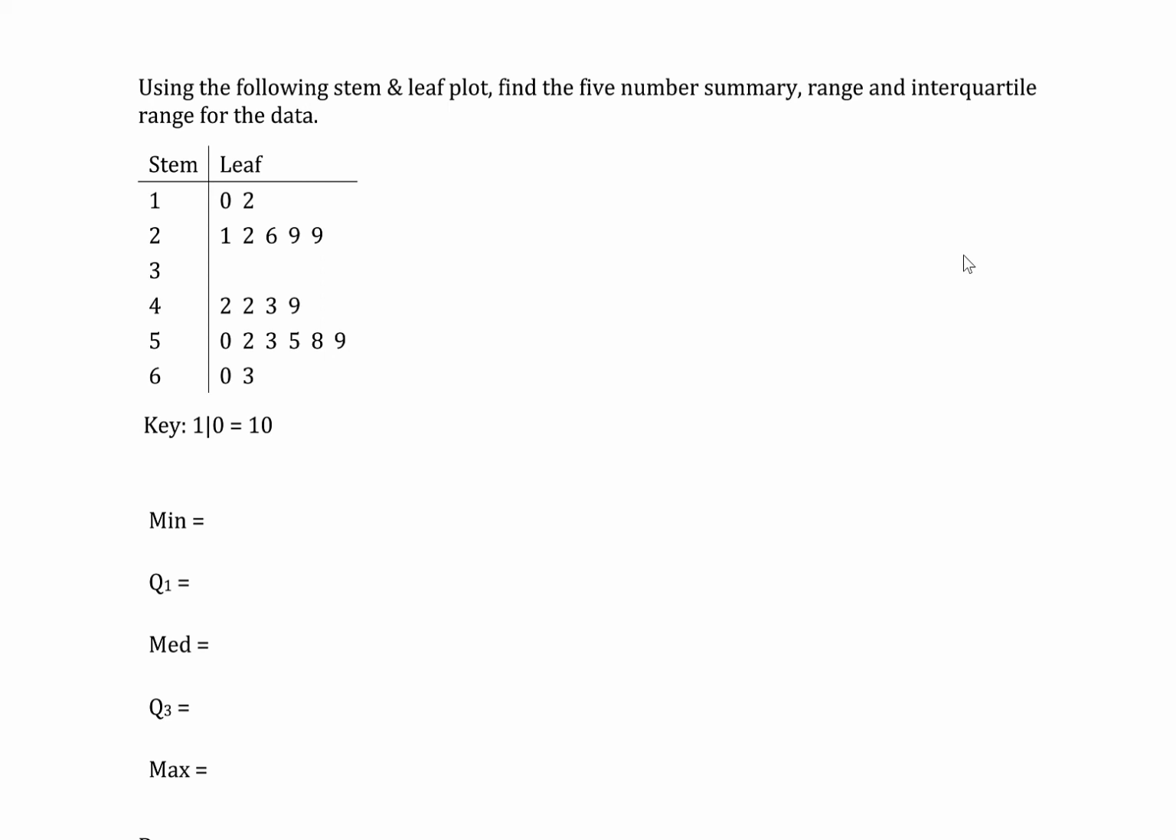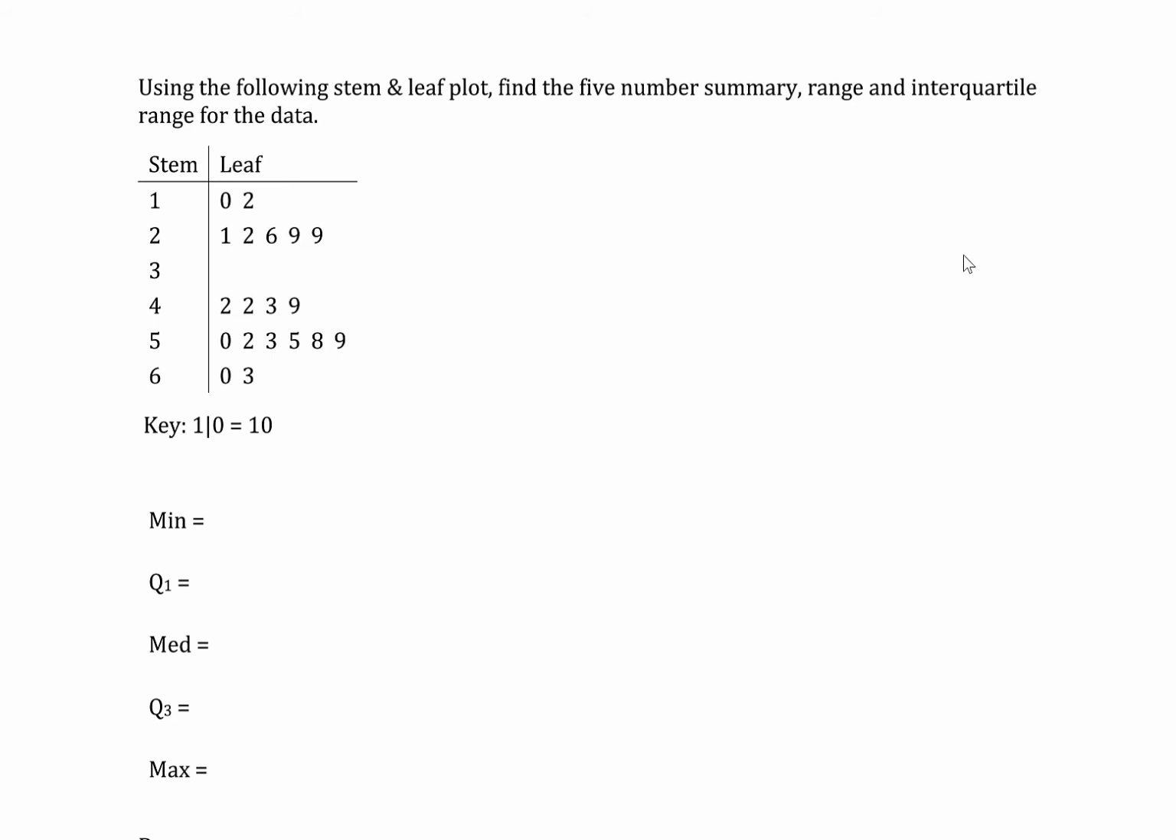Using the following stem and leaf plot, find the 5-number summary, range, and interquartile range for the data. Okay, so this stem and leaf plot, if the key isn't given, just assume the stem and leaves are representing